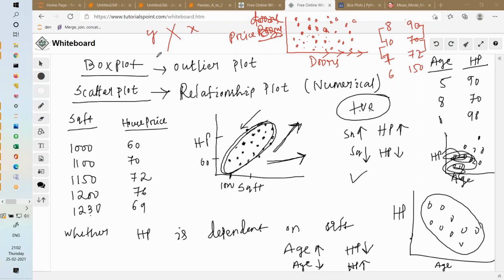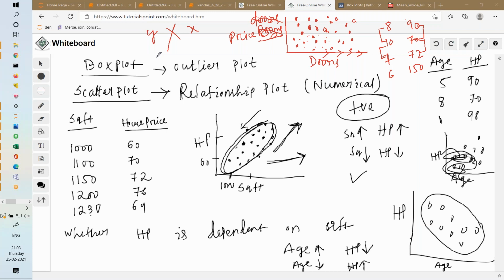So that is the interpretation of scatter plot. Very, very important plot. Scatter plot will give you either some pattern or complete random. If complete random, both are independent. If some pattern, positive or negative, you can find out. Now, if I show you a scatter plot, can you tell me a lot about the columns? One thing to notice, both x and y are numbers, numerical columns, right? So looking at these patterns, you can understand whether x and y are positively correlated, negatively correlated, or independent. If you want to understand the relationship, you will use scatter plot. If you want to understand outliers, you will use box plot.